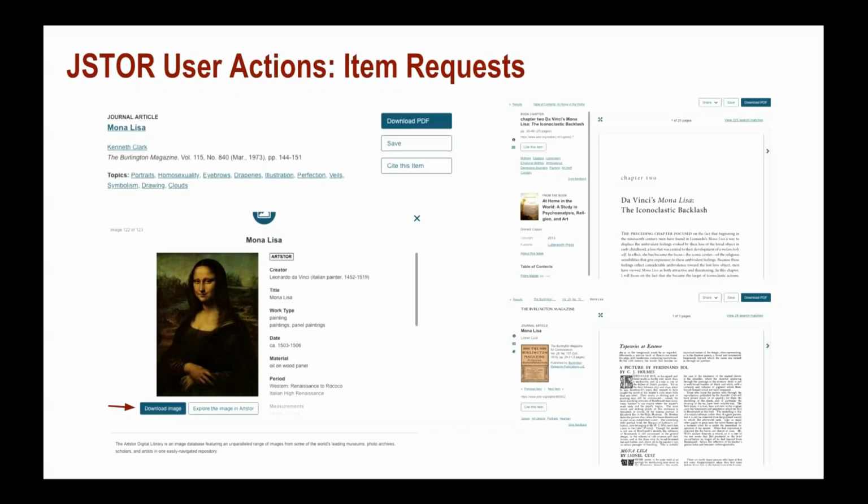If they were to then also download the PDF, that would count as an additional item request. But that's where the value comes in having those unique item totals or unique title for books, is that you can get sort of a view of all of the usage that's happening across the board via the total item requests. Then they can also get that important view of how many different things were accessed